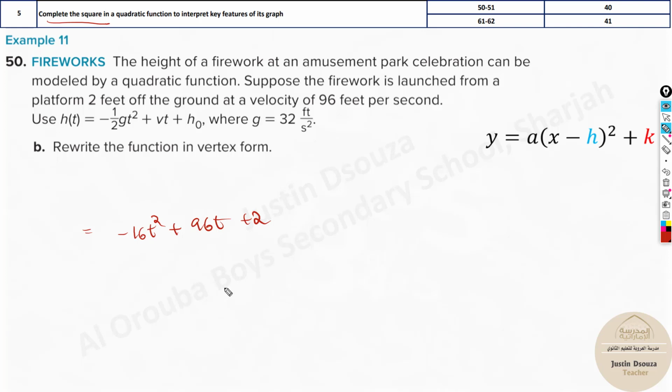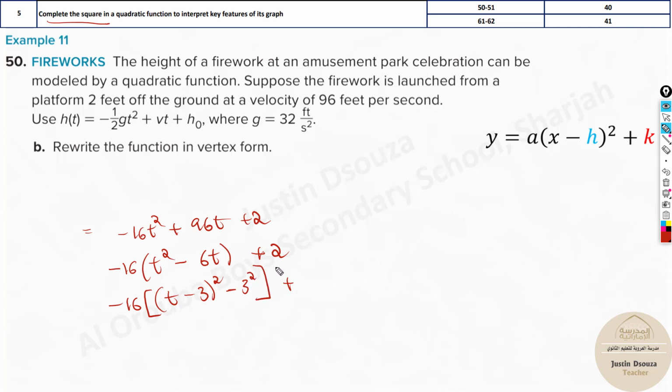So what happens over here is, first, can this negative 16 be there? No. So I will have to take negative 16 out. So what is remaining? t squared plus, this divided by negative 16, so it will be minus, sorry, this will be minus 16 5s are 80, 6 times t. Okay, this is what happens. And then plus t, keep it aside. Now I'll complete the square, minus 16, and over here I'll be completing the square, t minus 3 the whole square. Why? The square we write only t, half of 6 is 3 the whole square, and don't forget minus whatever is this term, 3 the whole square,